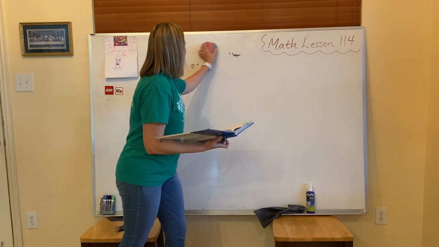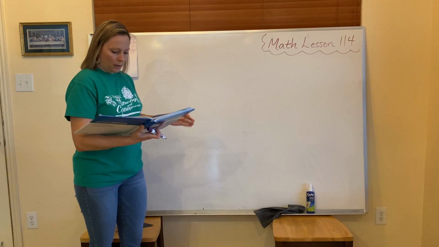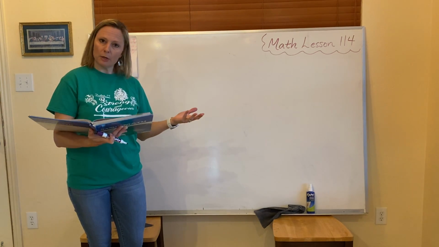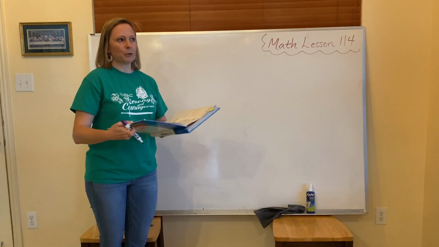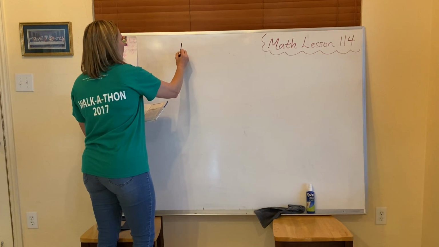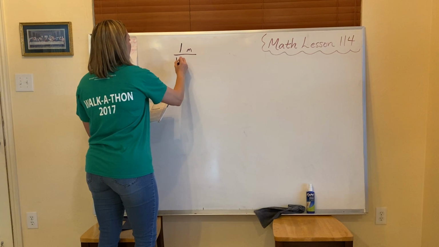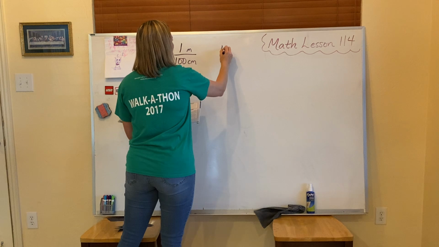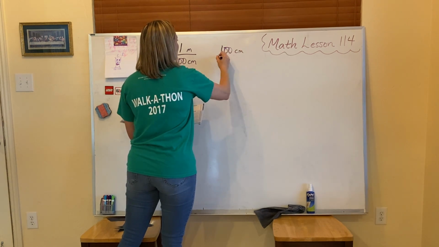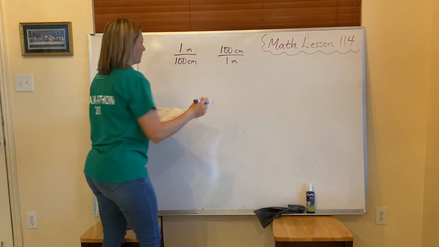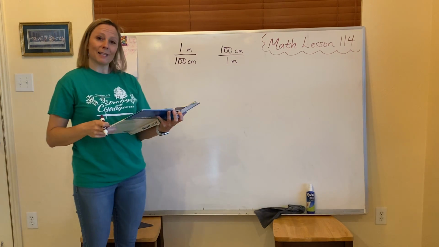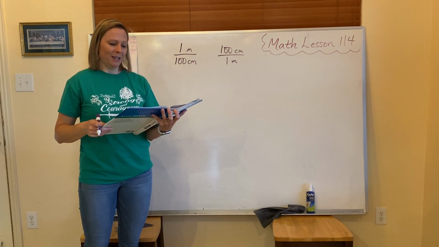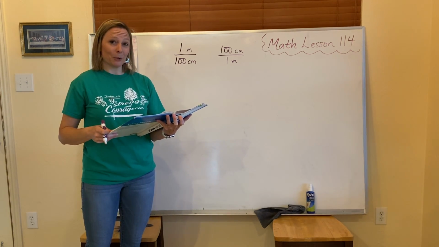Let's look at C. Write 2 unit multipliers for these equivalent measures. 1 meter is equal to 100 centimeters. So we could say 1 meter over 100 centimeters, and the inverse, 100 centimeters over 1 meter. Perfect. And it says for D, which unit multiplier from problem C would you use to convert 200 centimeters to